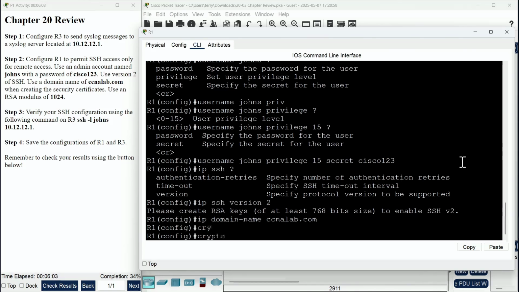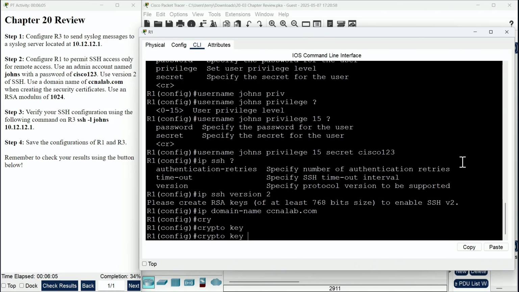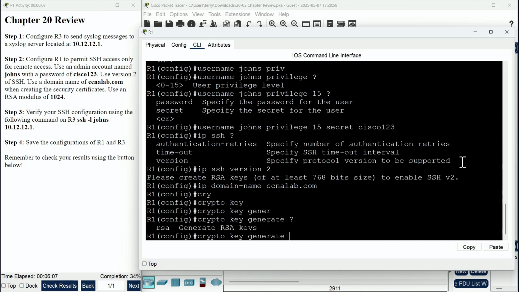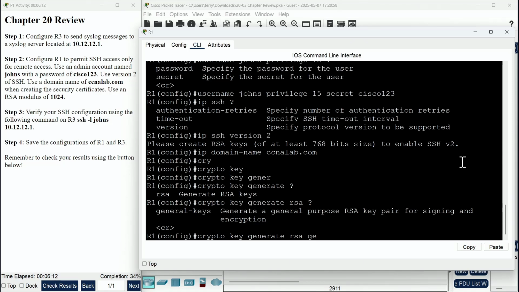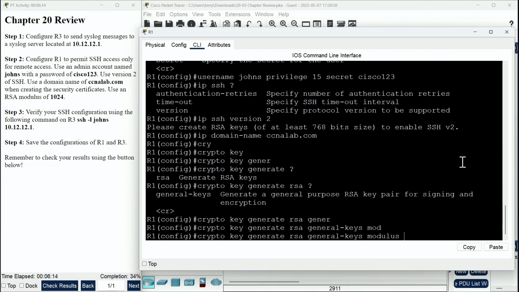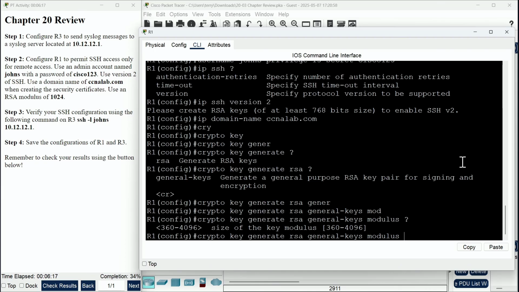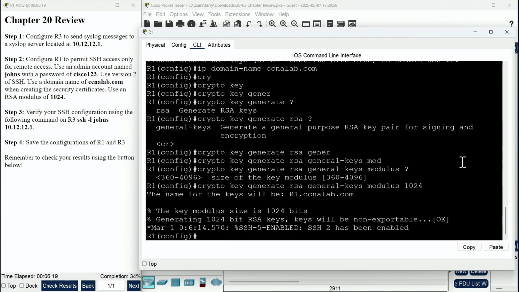So we're going to say crypto key generate. Remember, if you need help, use your context sensitive help. rsa general-keys modulus is going to be, they told us, 1024. And that's certainly going to be strong enough to enable SSH version 2. Wonderful. So we have done all of the steps needed for SSH to be successful on this device, but don't